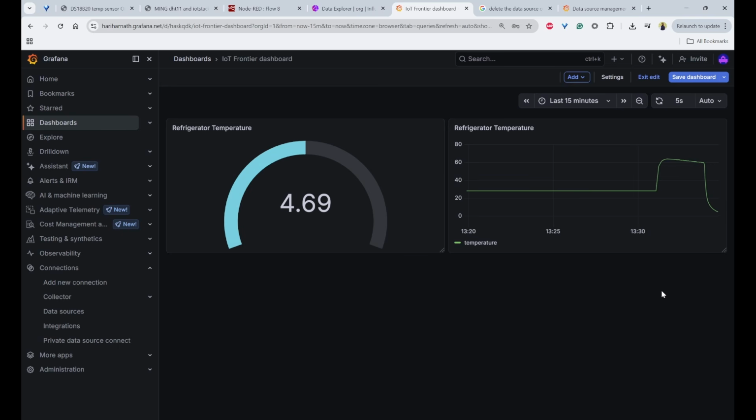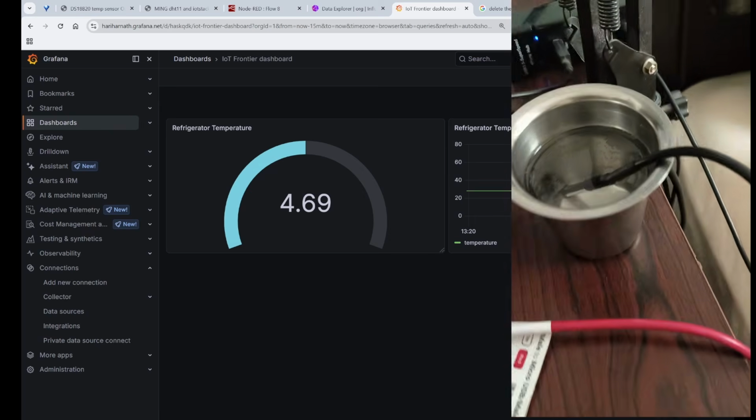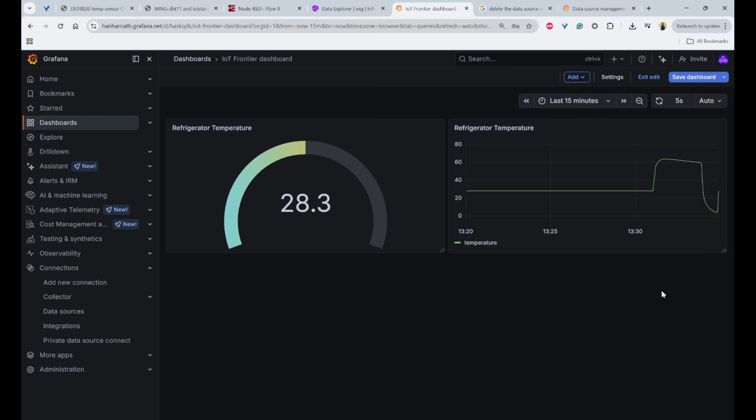Now for the sake of graph, I'll try to again put it in the hot water. So within seconds you can see this is getting into uptrend and the values are being changed immediately. And for the last time, I'll keep it in the ice cube water. And that's all for this video. This is how you can visualize the ice cubes and hot water temperature values on Grafana dashboard using MING stack